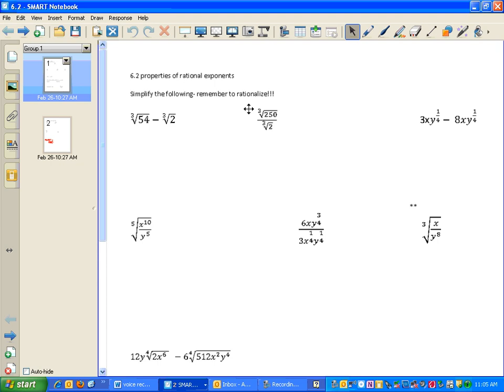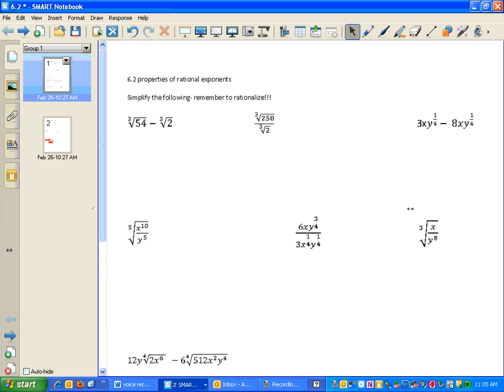So if I want to simplify this, I need to make sure that what's under the radical is as simplified as possible. So 54, I'm looking, it's the cubic root of 54, right? So I need them in groups of how many? So this is 3 times 3 times 3 times 2. Isn't that what 54 is? Because it's 27 times 2. Are you with me? So the cubic root of 54 is really 3 and the cubic root of 2